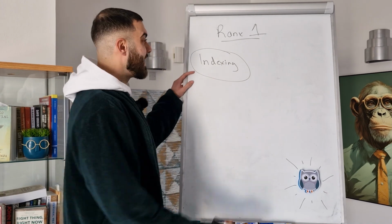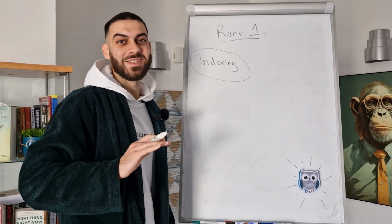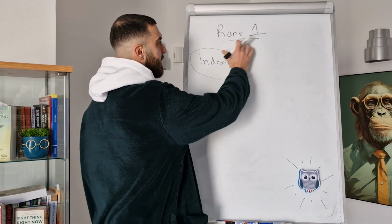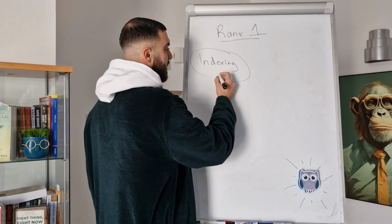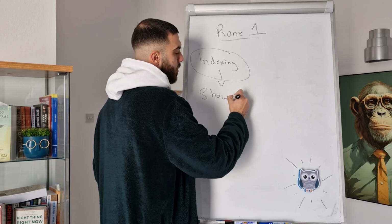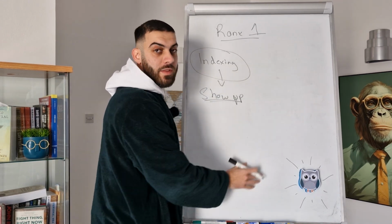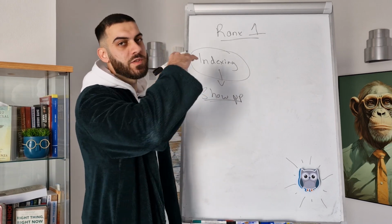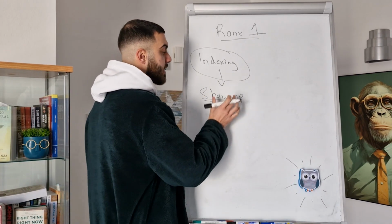Some publishers think indexing is exactly the same as ranking, and that is terrible. Don't think that. It's completely different. Ranking is completely different from indexing. Now, what indexing actually means is, did your book show up? What do I mean by show up? Show up basically means, did I show up for a certain keyword in the search results? Regardless if it's page 5, page 7, page 1, regardless of what page you're shown, did you show up for